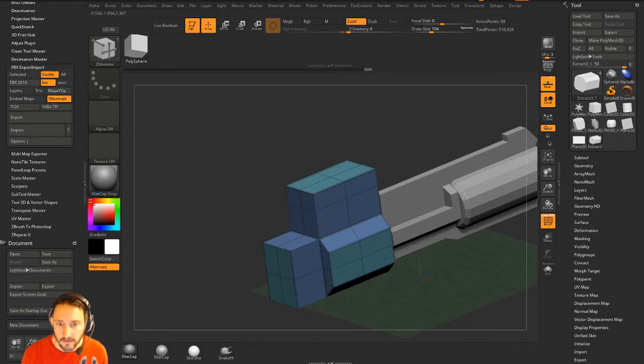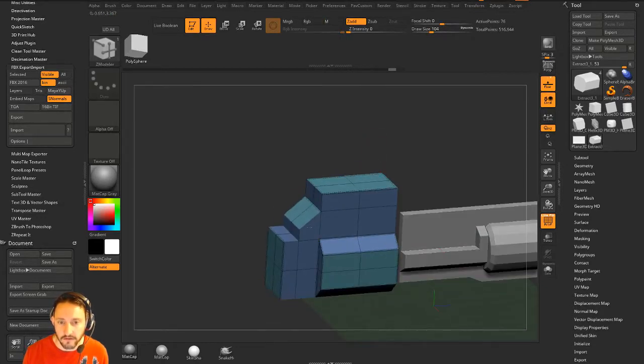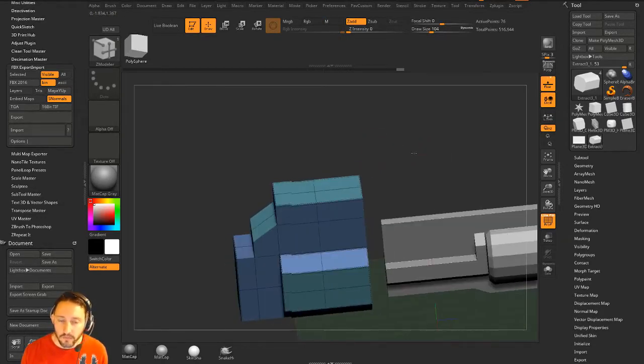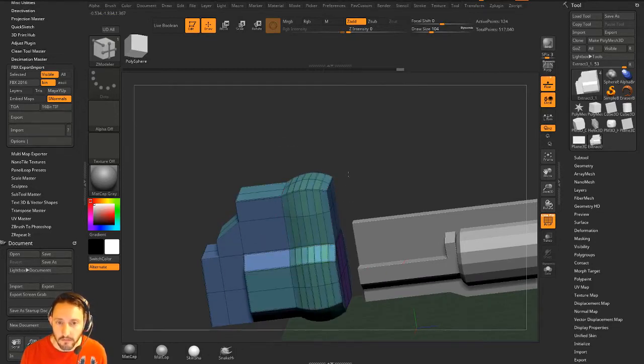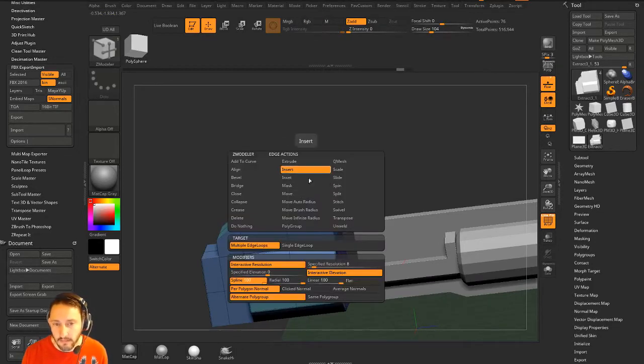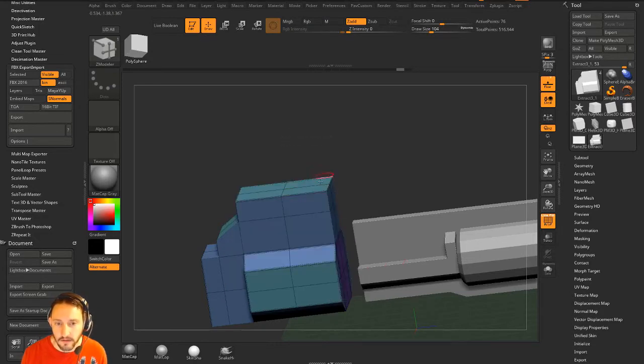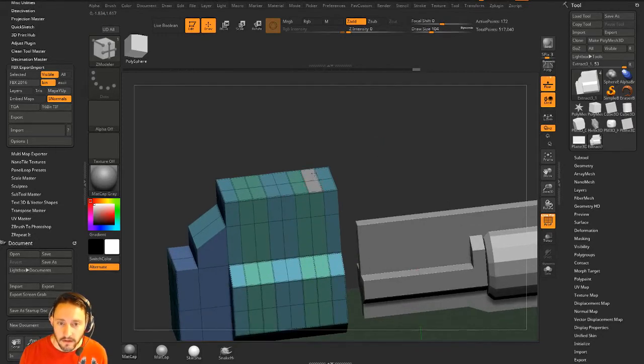But we go to insert single edge loop here and here, and then I can alt tap these ones and then I can just pull this in. So if I'm trying to make these shapes here, that's another option for you, as well as stuff in Maya that's really difficult to do, like insert. You can control multiple edge loops like this. I mean, you can do that in Maya. Let's go ahead and do specified elevation 0. So you can pull this here and then tap here, and then you can alt tap these ones,